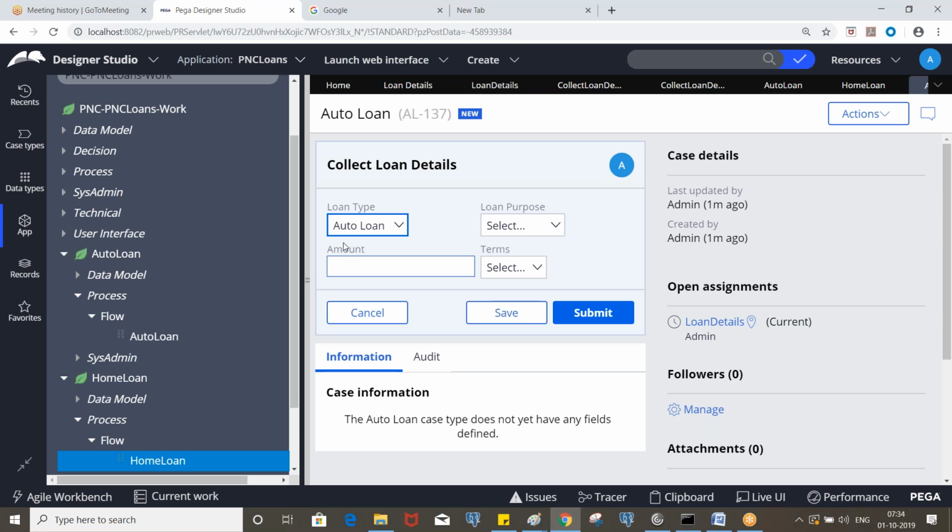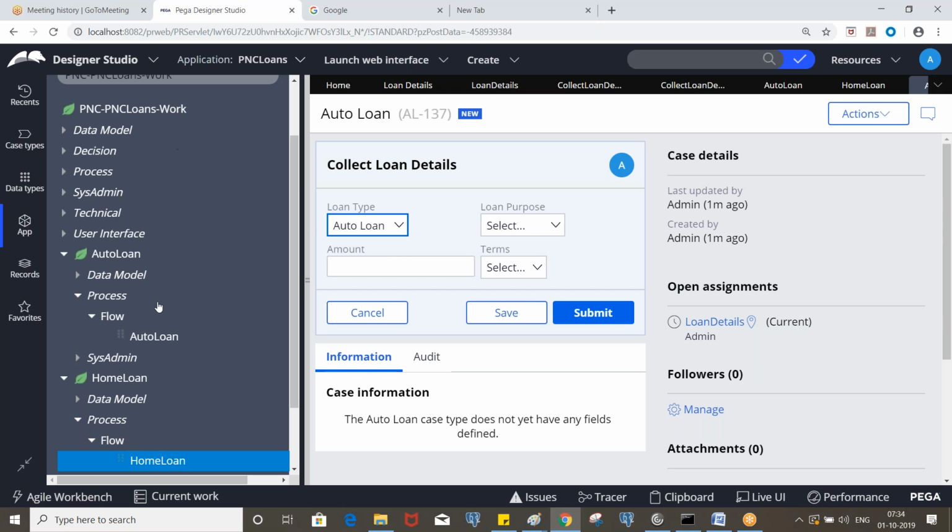If it is an activity, you create an activity with property set and assign loan type as auto loan for auto loan, and home loan for home loan. You can do that using an activity. Again, you need to create a rule and invoke it somewhere, before displaying the screen. We already have a data transform available in all the work types, and you just specify that value: loan type, and the value is auto loan in the auto loan pyDefault. That's it. You don't need to invoke it again, because it is already being invoked.